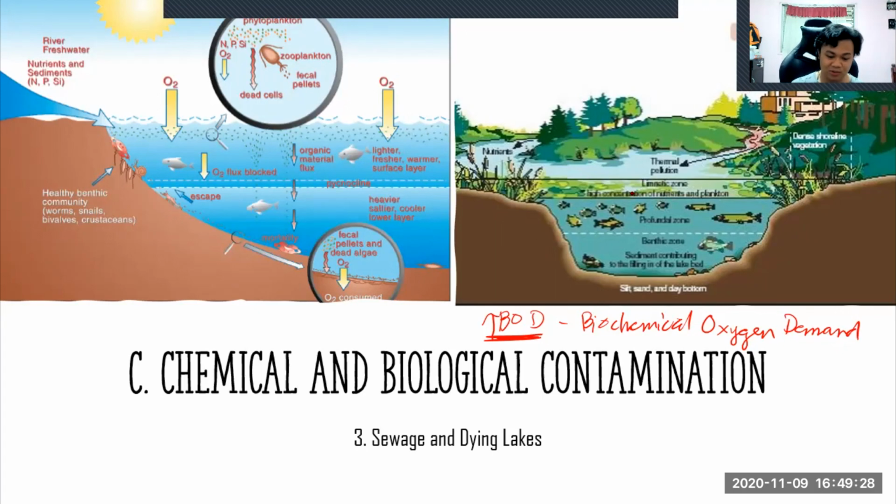So that's how the BOD works. So it tells you how polluted your water is. So it is really high, really high. So it will form maybe an algal bloom there,